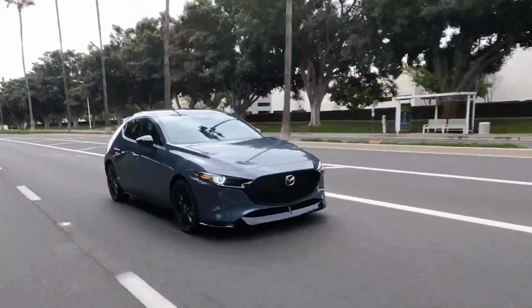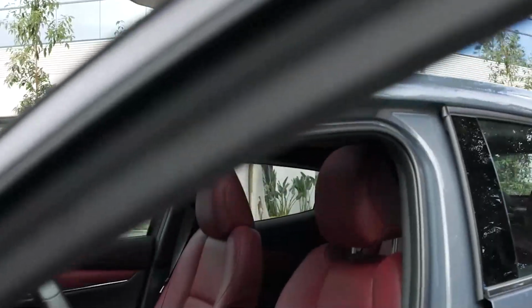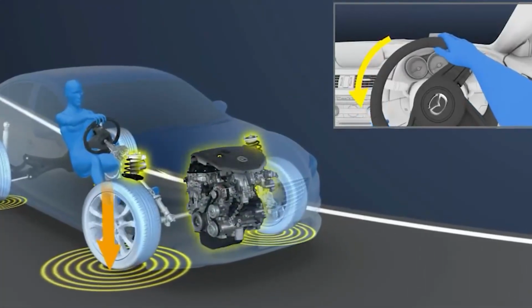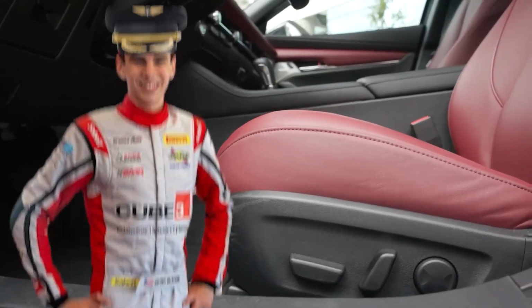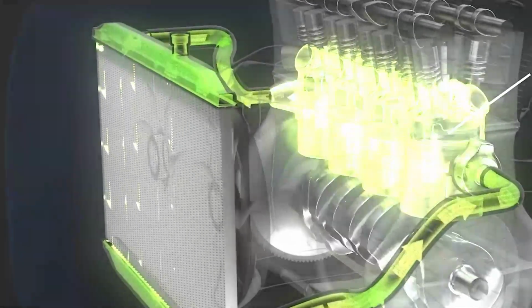But the Mazda 3 isn't just about raw power, it's about how that power feels when you're behind the wheel. Enter G Vectoring Control Plus. This thing constantly adjusts engine torque and braking based on how you're steering, making every turn feel smoother than a fresh jar of peanut butter. It's like having a professional racing driver as your co-pilot, except this one fits in your engine bay and doesn't